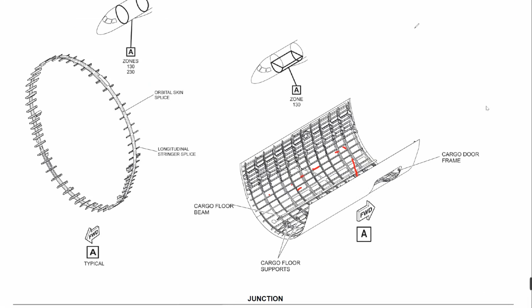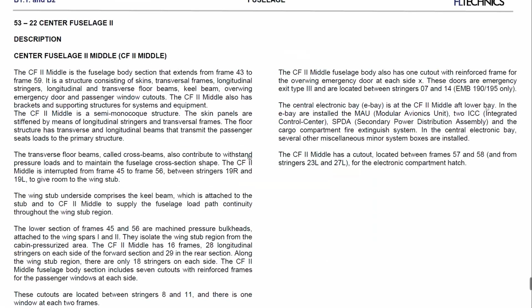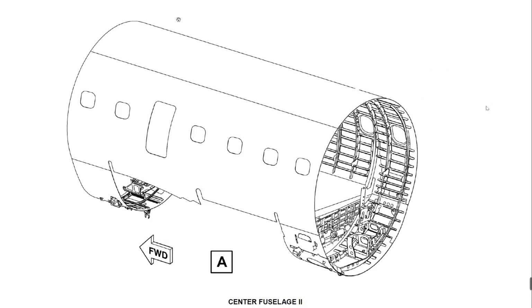But here, where we have cutouts for cargo doors, for passenger doors, for hatches, we have to reinforce the structure to be much stronger. When you talk about center fuselage 2, it's between frame 43 and frame 59. This is what we have. We have the upper cabin zone, we have an emergency hatch here, passenger windows, passenger floor covering, but also part of the avionics compartment. Here below we have the wing stub, and